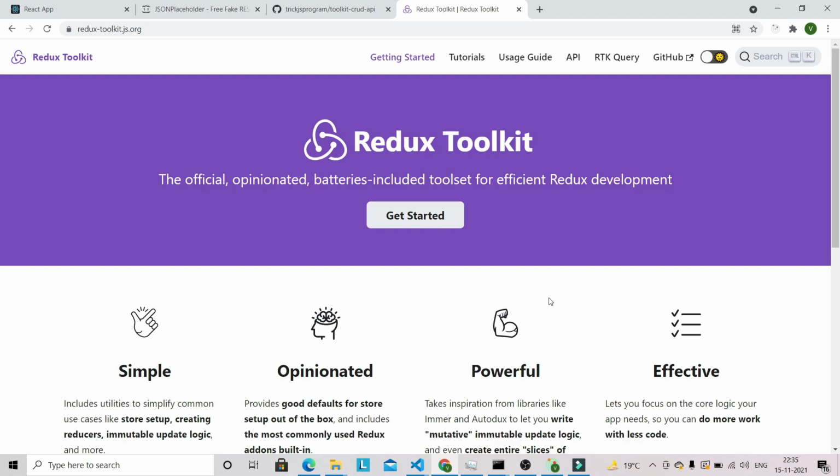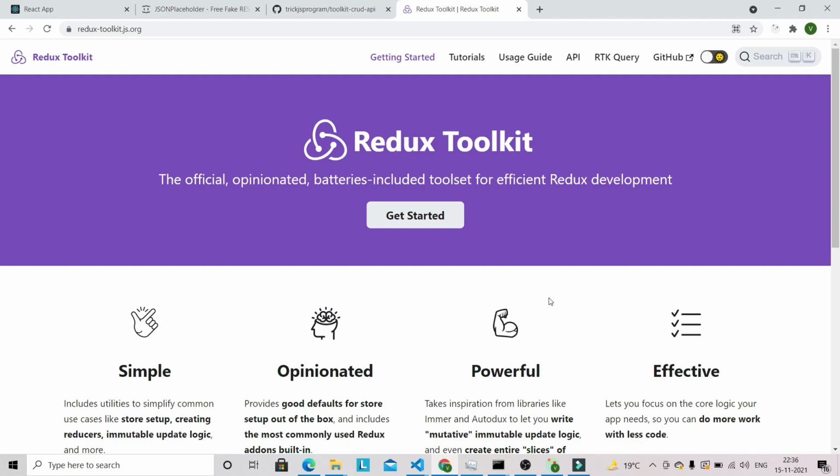So in this video, we are going to learn how we can perform all CRUD operations using the JSON placeholder fake API with Redux Toolkit in our React application. As you know, Redux Toolkit is quite popular nowadays and people have started to use it frequently, especially with the React library, because it's very simple to use and not much code is required to set up a store with Redux Toolkit. And guys, you also don't have to create a separate file for action types or reducers. Everything is managed in a single file.